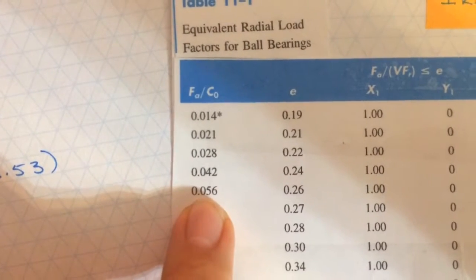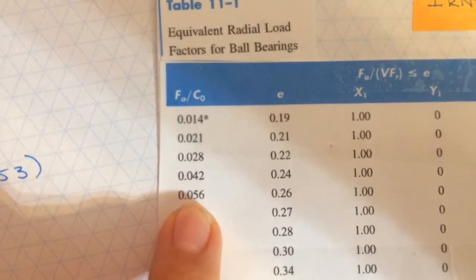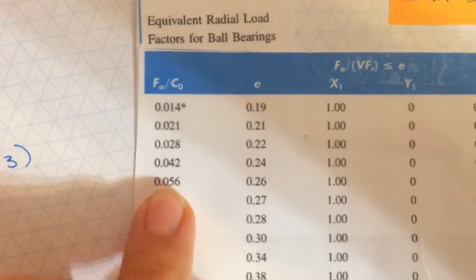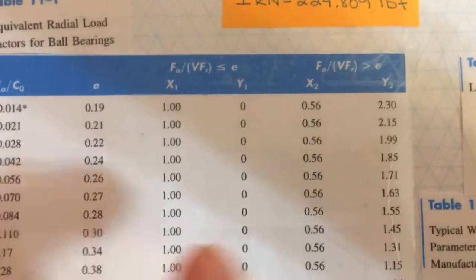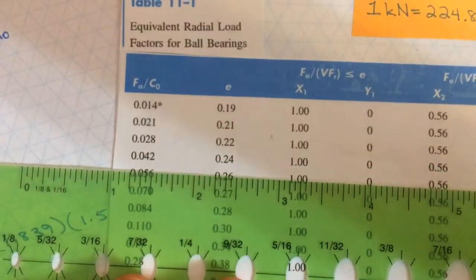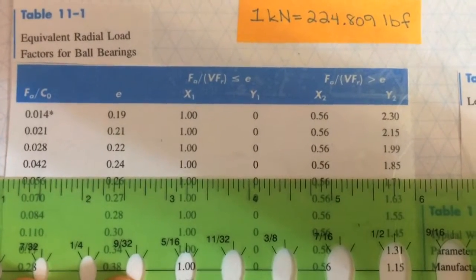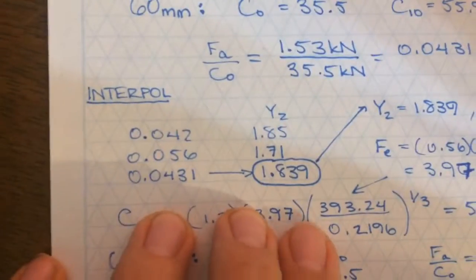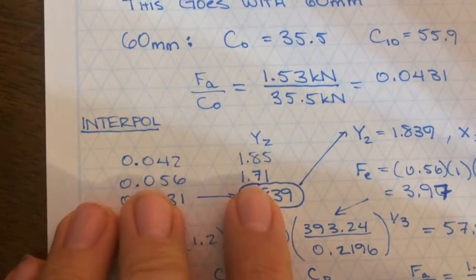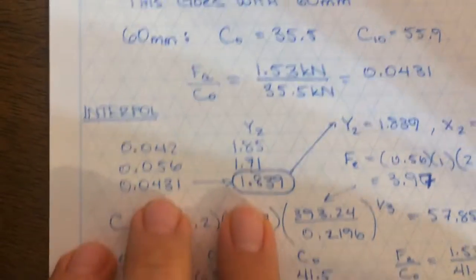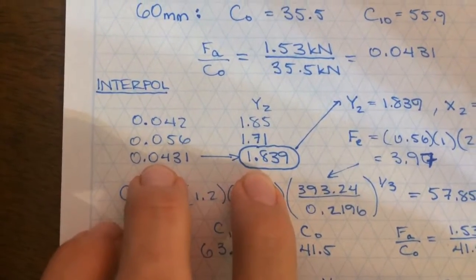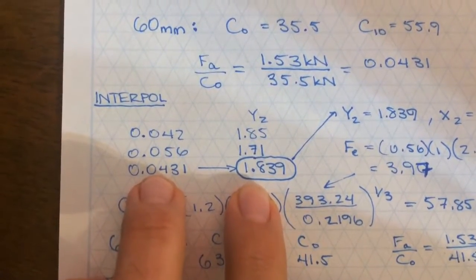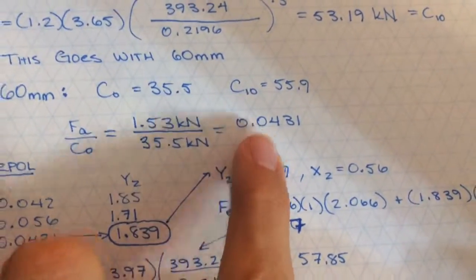0.0431 is 0.043. So that's above 0.042, and so it's between those. And then you look at, okay, we need this again, 0.043, and we're going to get 1.85 and 1.71, and we're going to interpolate. So here's my first interpolation: 0.042, 0.056, 1.85. I use the Casio and statistics to get 0.0431, which is the number that we got here,